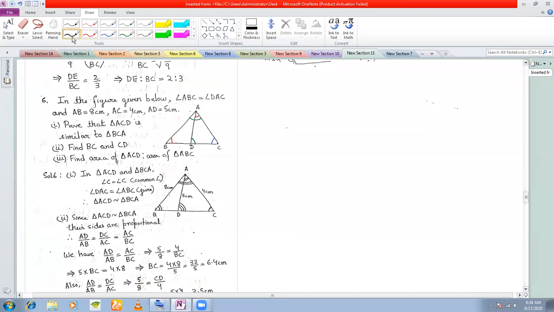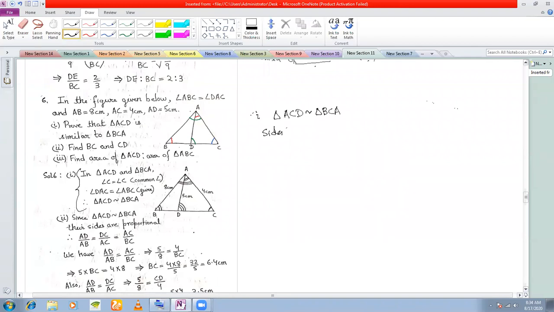Okay. So what you will do is you will write the proof of similarity as you have done in your type 3, and you'll now write proportional sides. Once you have written the proof of similarity, you'll write triangle ACD. Okay, the first part of the question is answered. Triangle ACD is similar to triangle BCA.